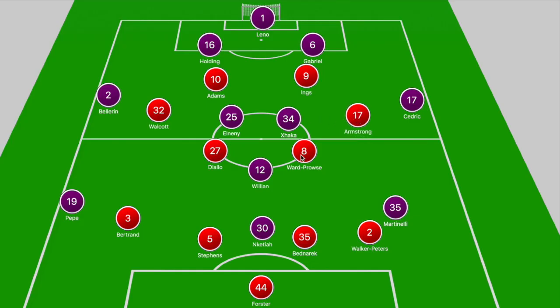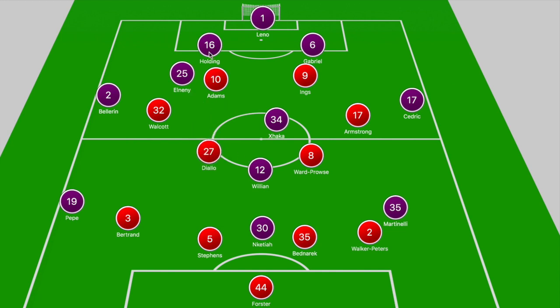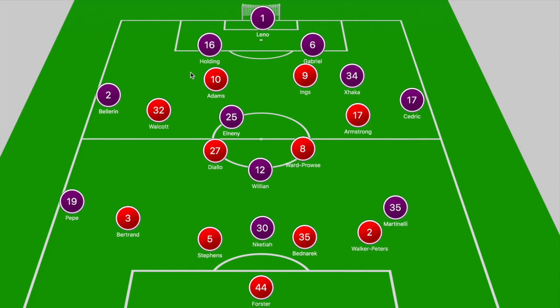So as you can see, Southampton's press disrupted Arsenal from building attacks from deeper positions, and even if they had Xhaka dropping to the left of Gabriel or El Neni shifting to the right of Holding, they were able to push Diallo or Ward-Prowse into those zones or have Adams or Ings blocking off the passing lane into the Arsenal midfielders. So when you question how Arsenal were able to get into good positions in that opening half, you have